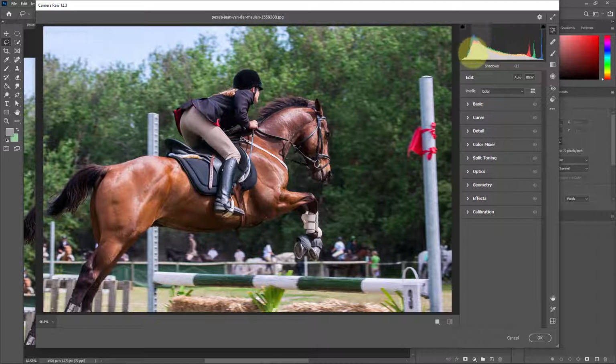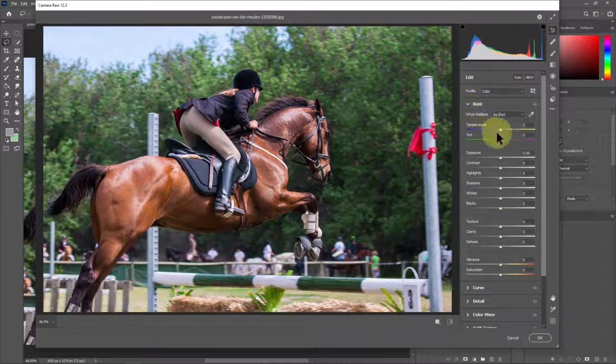For example, shadows you can adjust by dragging this histogram, and from here exposure you can adjust, and highlights you can just drag left and right like this. And if you click Auto, it will do an automatic adjustment of your image. Many times I use this one. You can also do black and white from here, from Camera Raw Filter. If you don't like Auto, just go to Basic, and from here, look, you can adjust temperature, you can adjust tint, you can adjust exposure like this, you can adjust highlights and shadows, whites, blacks,